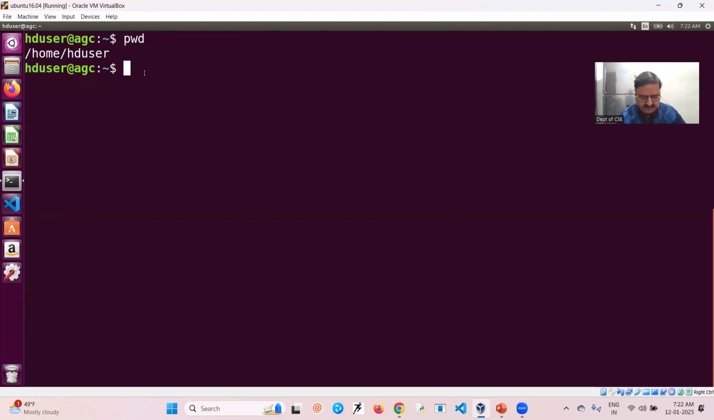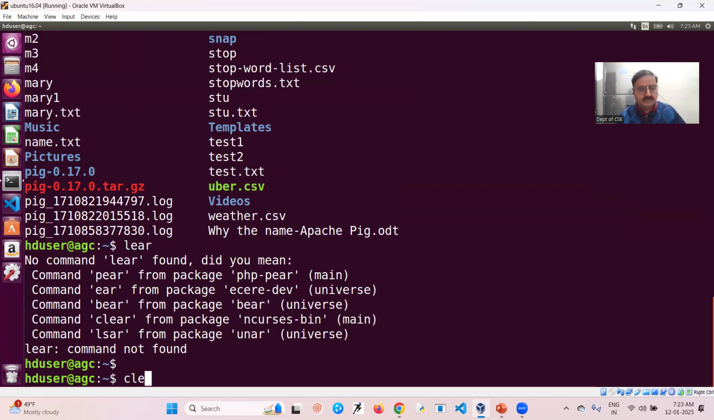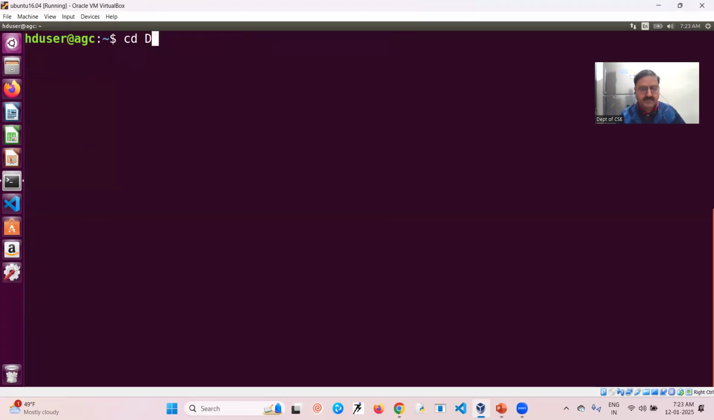Now, for example, let me check the list of files and directories. There is a directory downloads, there is a directory documents. If I change to the downloads directory, there is an auto completion feature here: you can type the first few characters of the file or directory and then press tab. It will automatically complete the name. So now this indicates that I am in the downloads directory